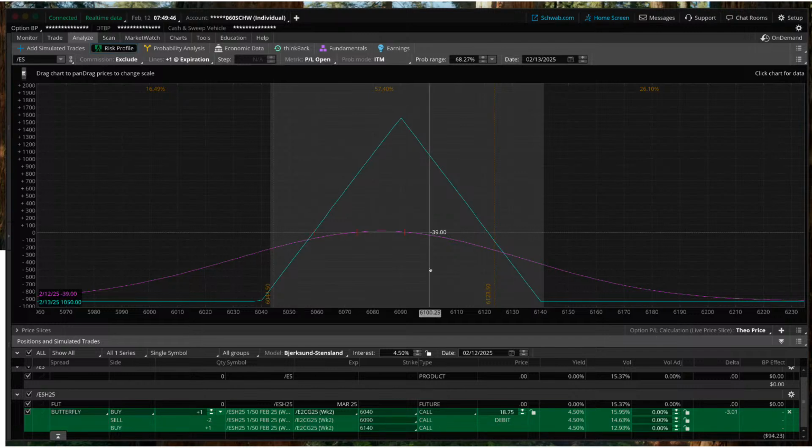And our big-ass fly, or a 50-wide fly in the morning, gives us our orientation to volatility. The price of the fly right now has been dropping. When I first looked at this, it was around $19.50. Now it's at $18.50. So that means that volatility is rising into the CPI report, which is going to come out in about 40 minutes. So I wouldn't be real quick to get into this trade. I would want to wait right before the CPI report is released.